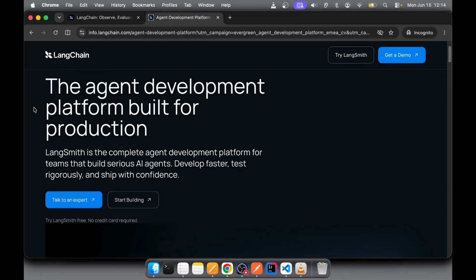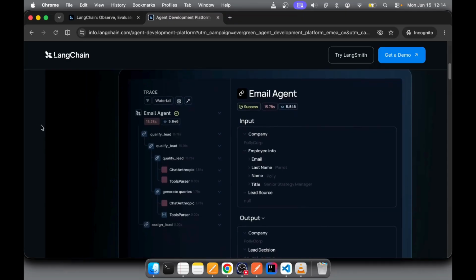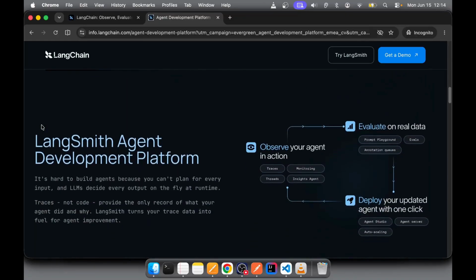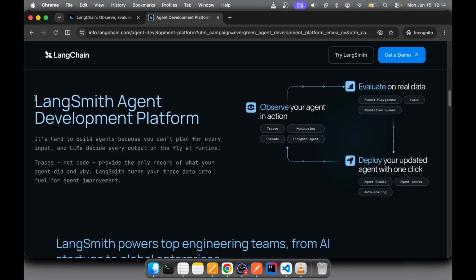But where the framework truly shines in 2026 is when you step away from simple chains and step into LangChain for AI agent architectures. Using decorators, you can turn any standard Python function into a tool that your LLM can look at and decide to run on its own. If you ask it to analyze a stock price, it realizes it doesn't know the answer, calls a financial API tool you gave it, reads the response, and reflects on it.